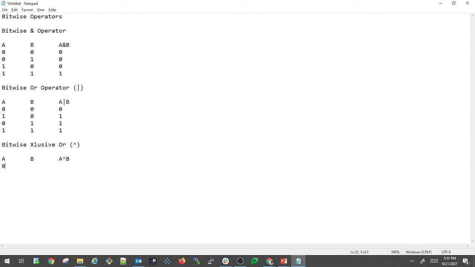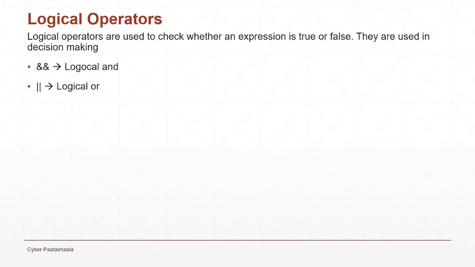If both the operands are 0 and 0, the A exclusive OR B will be 0. If the first operand is 1 and the second operand is 0, the A exclusive OR B will be 1. If the first operand is 0 and the second operand is 1, A exclusive OR B will be 1. And if the first operand is 1 and the second operand is also 1, again the A exclusive OR B will be 0.